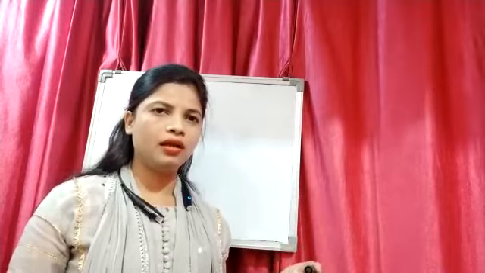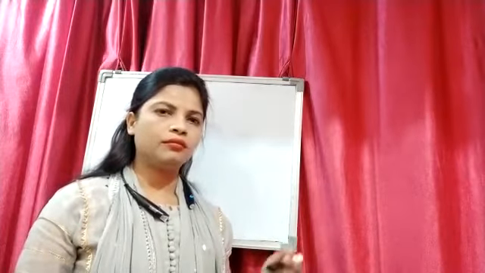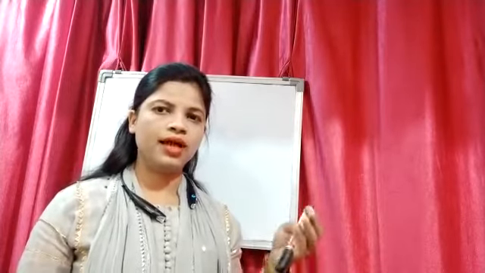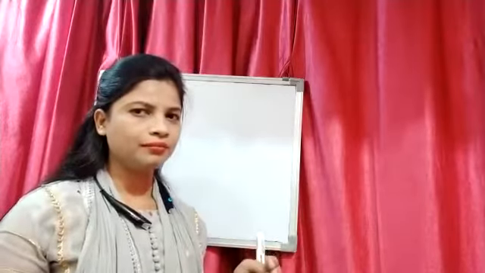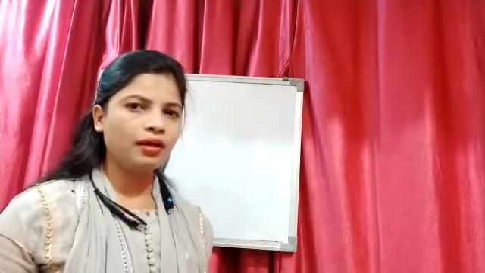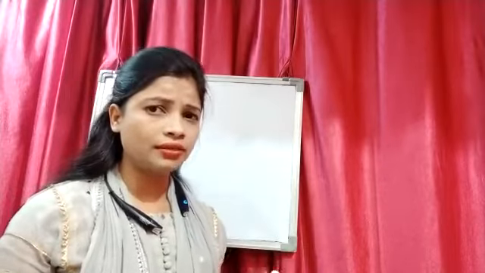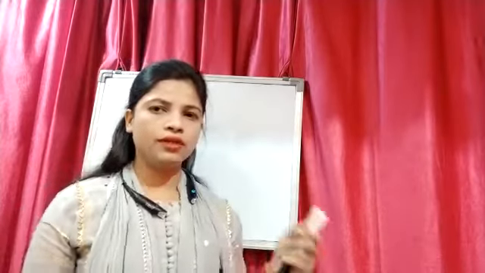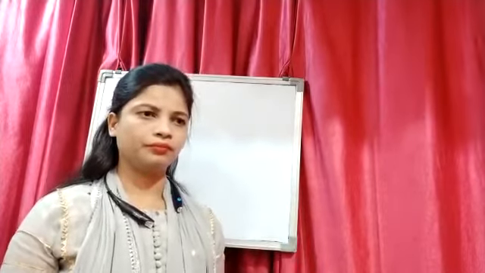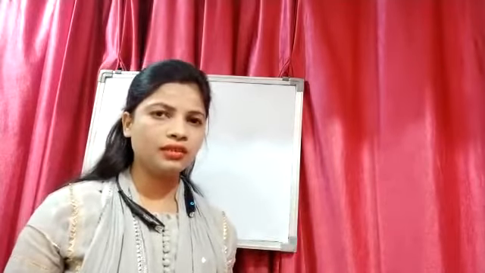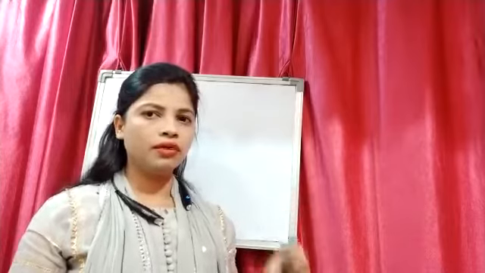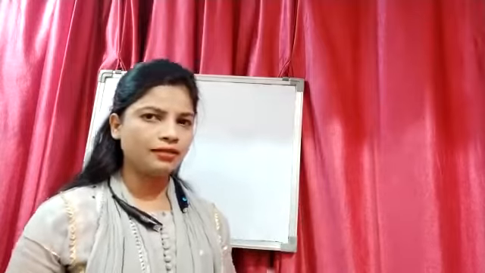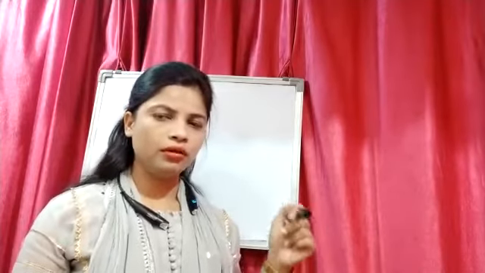Student, in the previous session, we have seen the number system. Computer memory can support four types of number system: decimal number system, binary number system, octal number system, and hexadecimal number system. But in today's session, we will go to the number conversion, that is conversion of decimal to other number systems, or conversion of decimal to binary number system, conversion of decimal to octal number system, and conversion of decimal to hexadecimal number system.